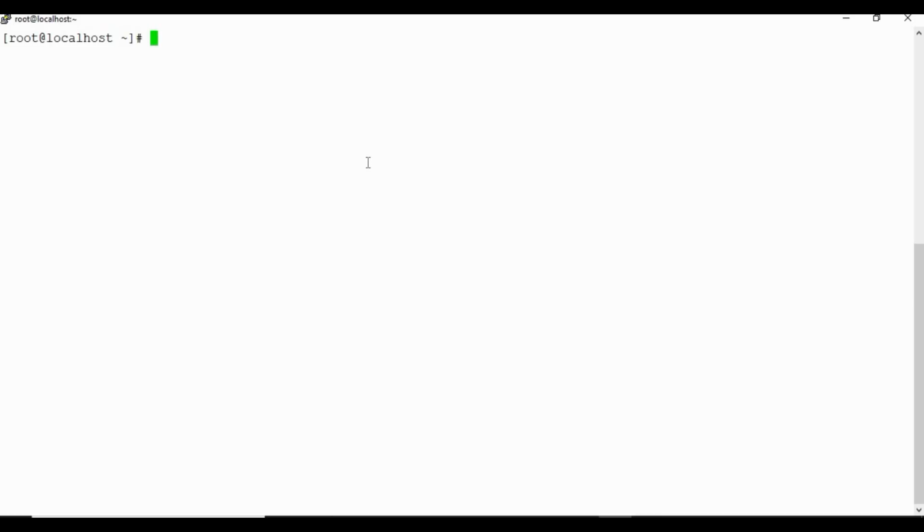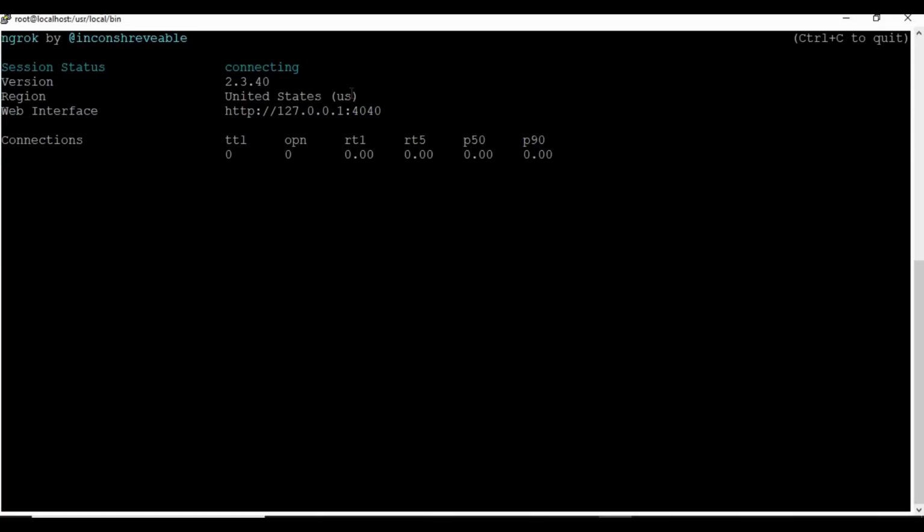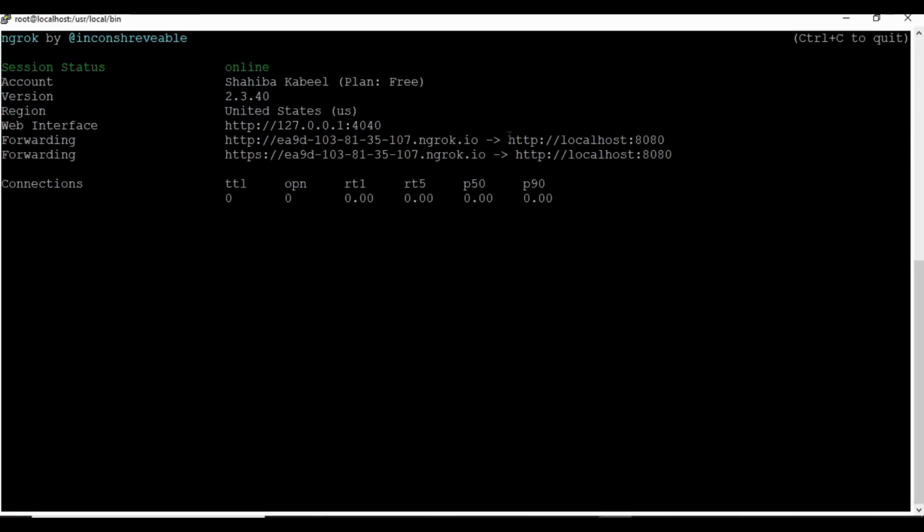Now I want to go to cd /usr/local/bin, and you should have ngrok there. And I want to run the command ngrok http 8080, so that I can convert my port 8080 connection on the localhost to the outside network, which is like a public connection. Now you can see the localhost port 8080 has been given a domain like this. So I will just copy this,